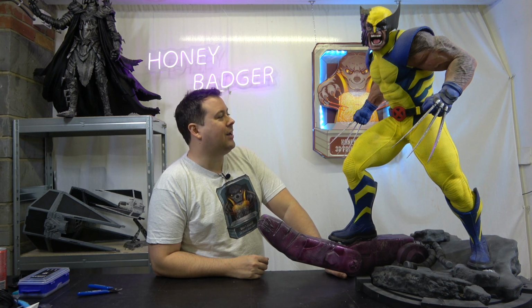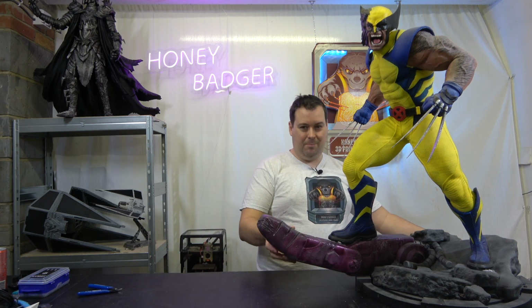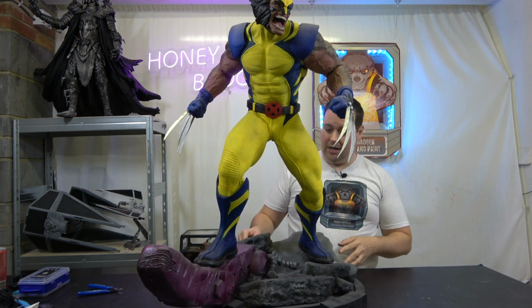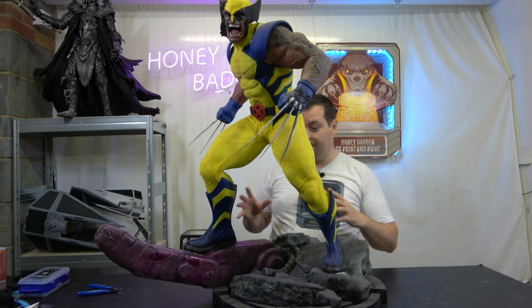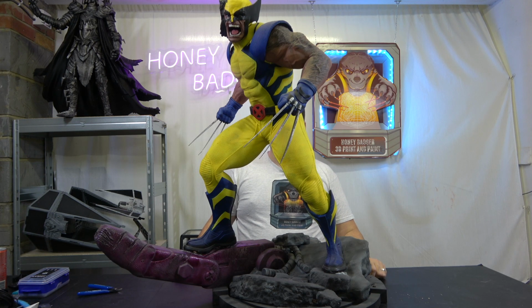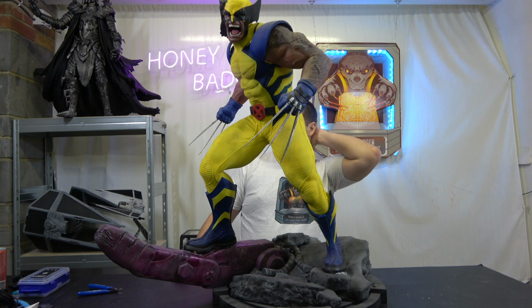He's too big to go on my carousel, so you'll have to deal with my relatively dodgy camera angles, unfortunately. But he is absolutely glorious. I love how he came out. I love the overall finish and the feel of him. I really like it. Yeah, he came out pretty much exactly how I wanted him to. I'd say the big issue I had was just trying to...